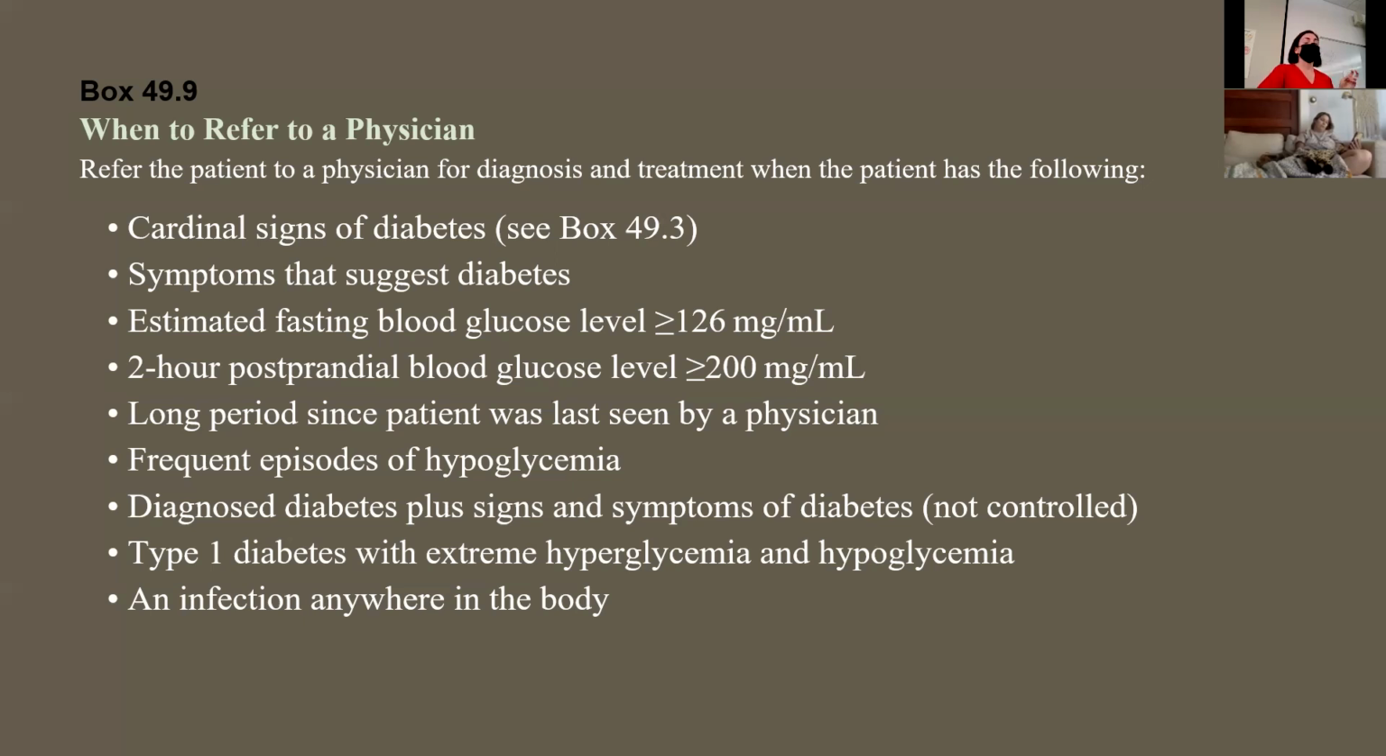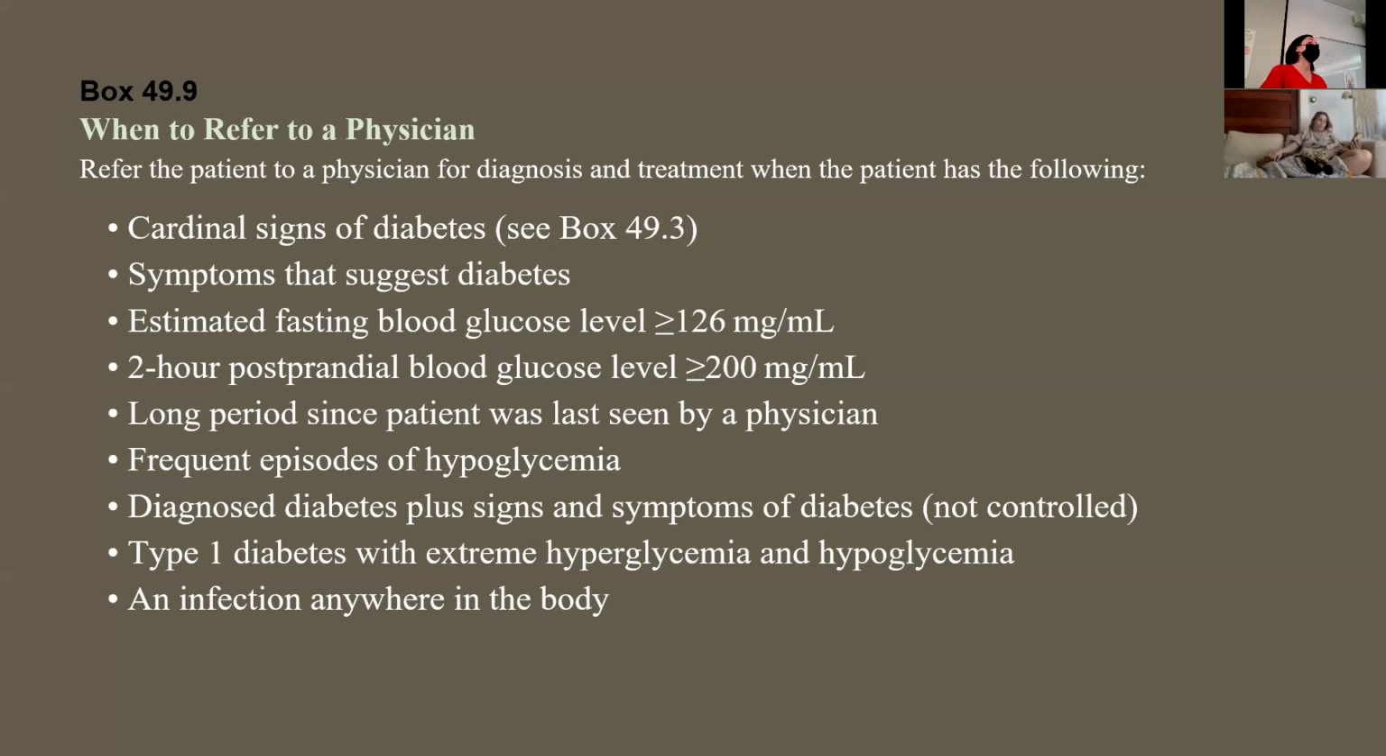So if you notice some of those classic signs, and if they have had these blood glucose tests, the fasting and these different ones, their doctors will have done those at a doctor's office. If we take their blood glucose and notice it's high, we're not going to do the fasting blood glucose. That would have been done with a doctor. Another reason is a long period since the patient was last seen by a physician. So if you notice some things and the patient also hasn't seen a doctor in 10 years,